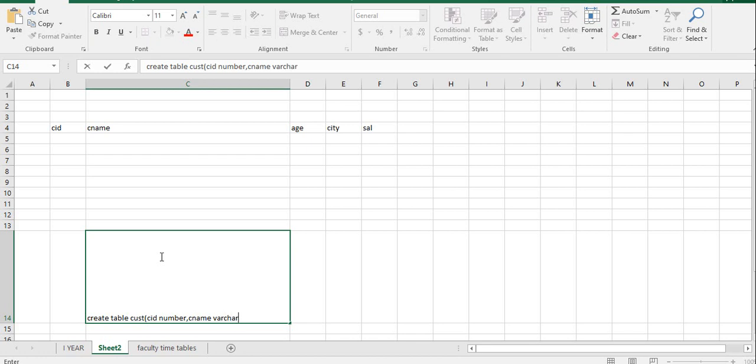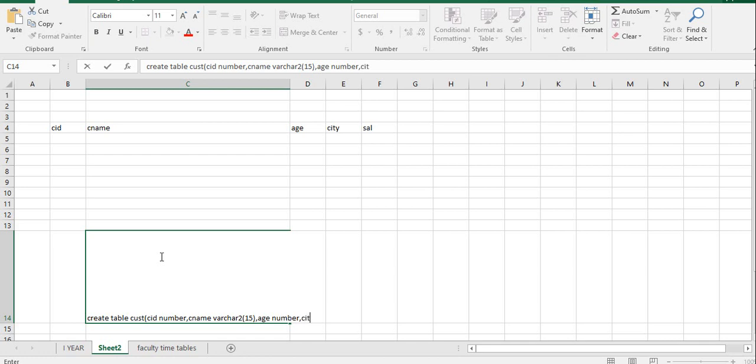So in C and C++ we have a character data type, right? In the same way in SQL we have varchar. Okay, varchar2 of 15. 15 means it can accept a maximum of 15 characters. Next, age is also number type.